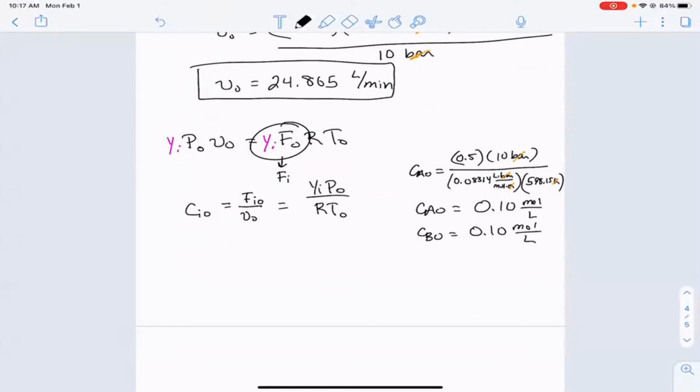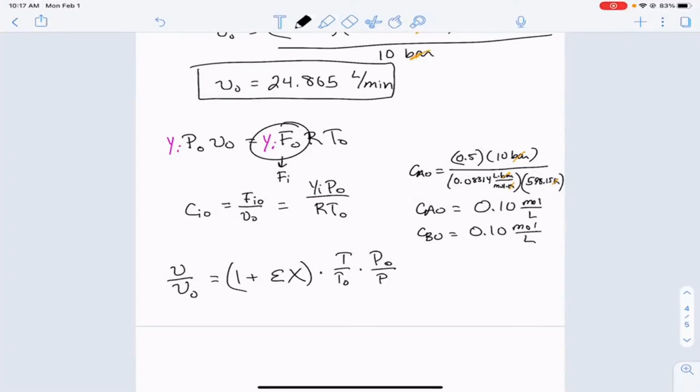The first and easiest one is the volumetric flow rate. And remember, we derived that V over V0 equals 1 plus epsilon x times T over T0 times P0 over P. Okay? Well, in our problem statement,